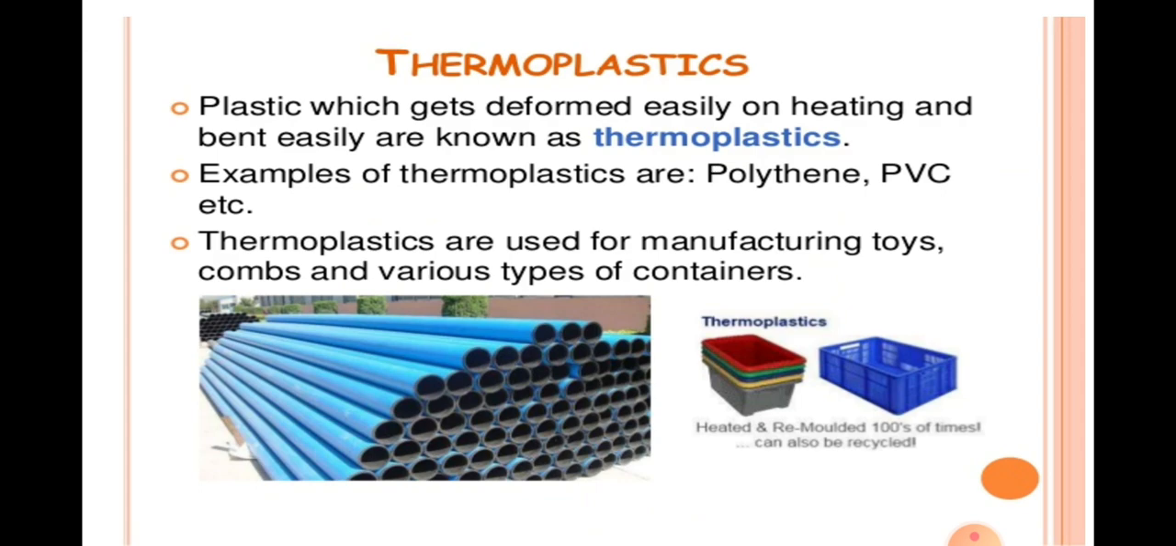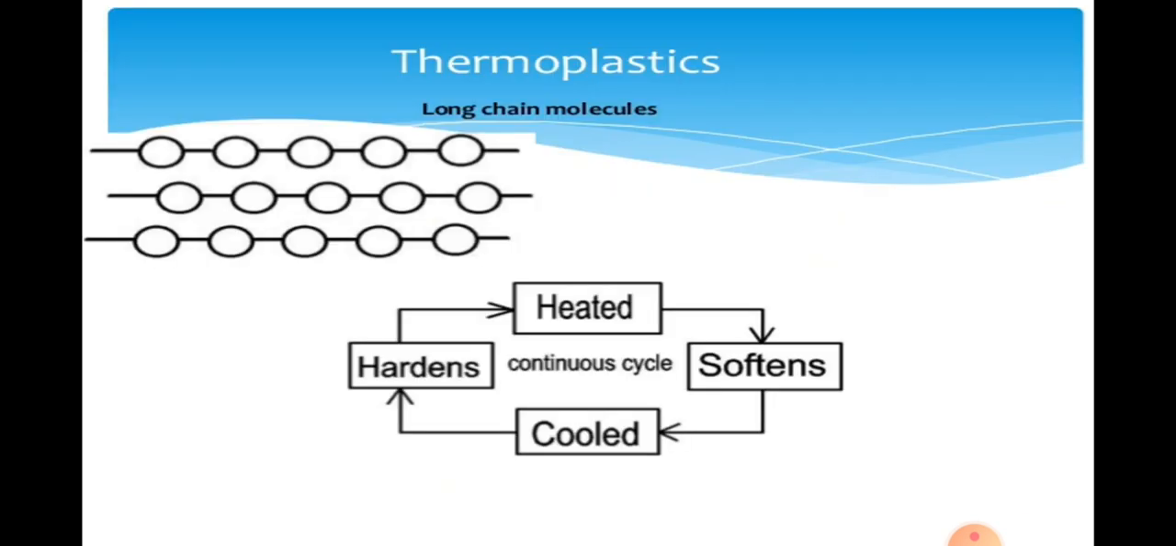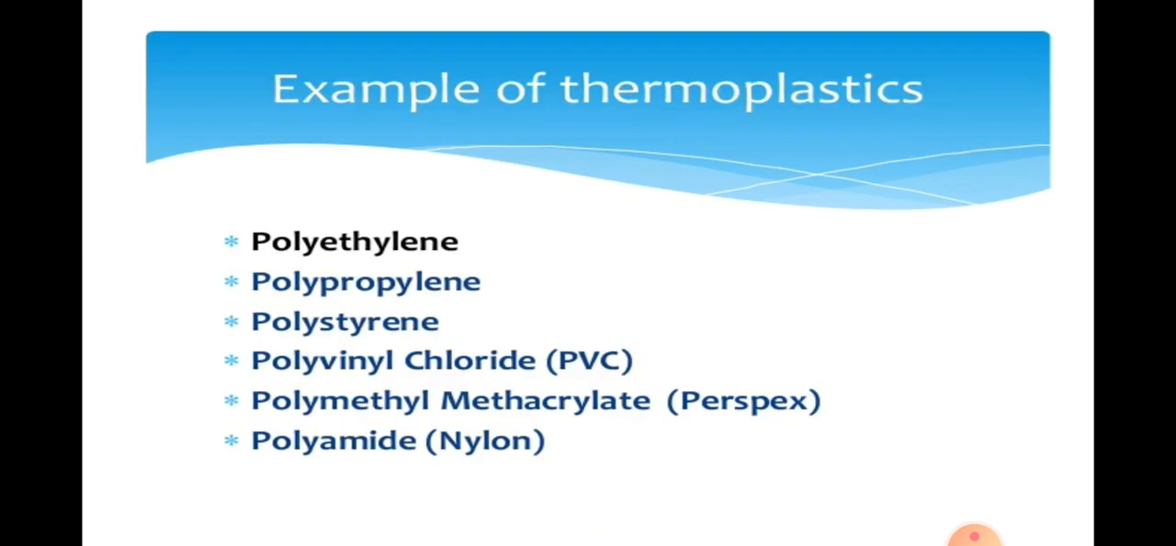What is thermoplastic? Thermoplastic can be softened again and again. Once it is heated, it becomes soft, and when it is cooled, again it becomes hard. Again, when you heat it, it becomes soft. That means it can be molded into different shapes and sizes again and again. Some of the examples of thermoplastics are